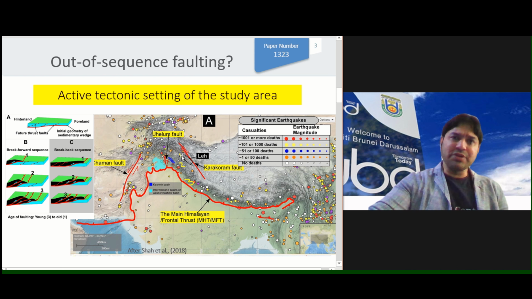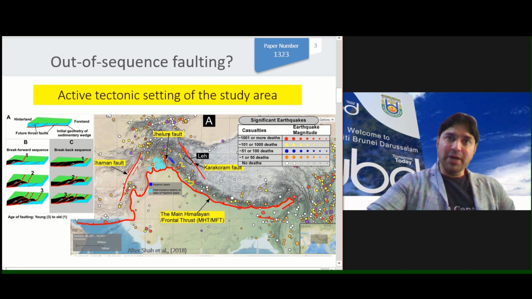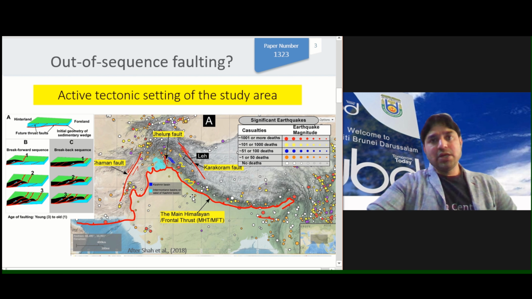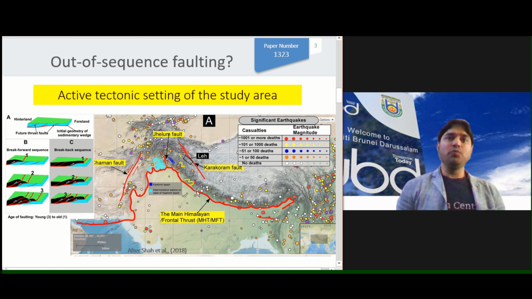So let's concentrate mainly on this part of the orogen, starting from the suture, which is at the left area, the main suture, and then we have multiple sutures throughout this area, and then multiple faults, and then you got the frontal fault. So the question is that the frontal fault is mostly active. Would you expect it to have more activity compared to the other faults? If you ask me, I would say yes, why not?